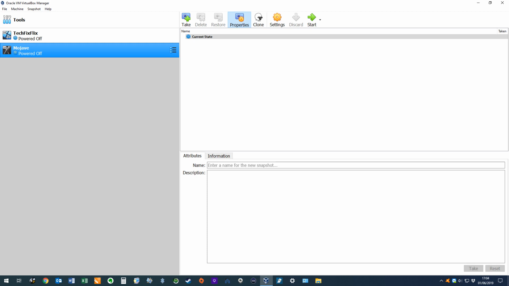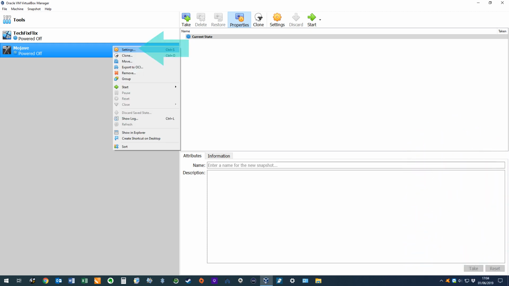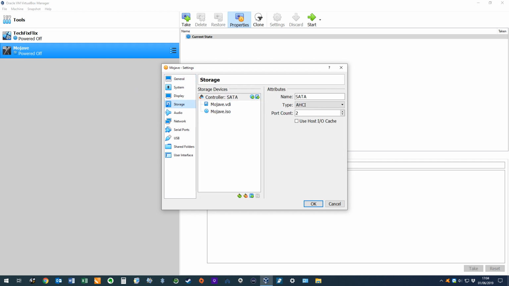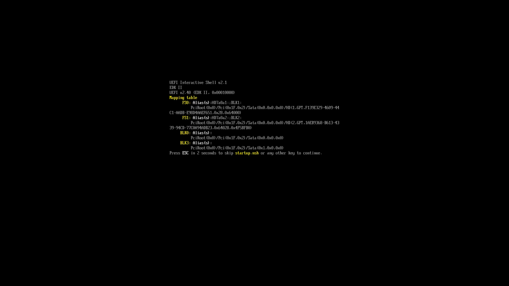In the main menu, we right-click our Mojave VM, and again select Settings. From here, we're navigating to Storage, and selecting our Mojave.iso. We move to the disk icon in the upper right and click, revealing a drop-down from which we select the option to remove disk from virtual drive. The drive now shows as empty, and it's time to rerun the virtual machine,